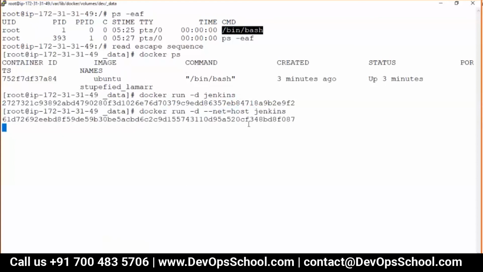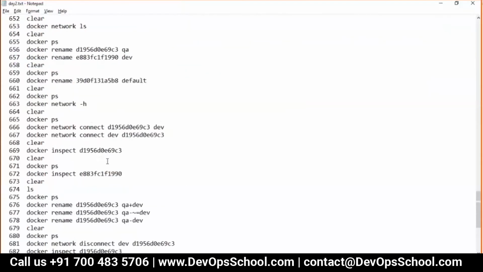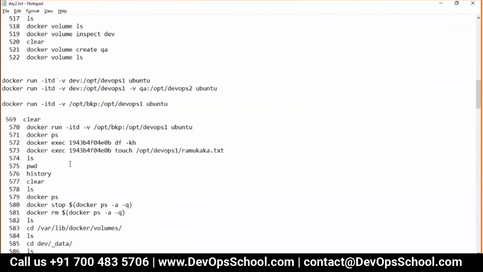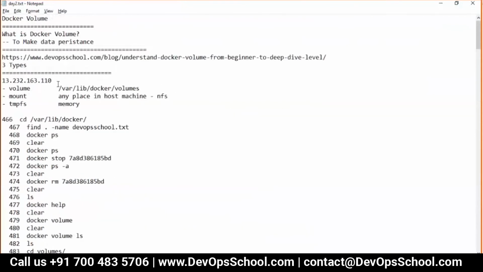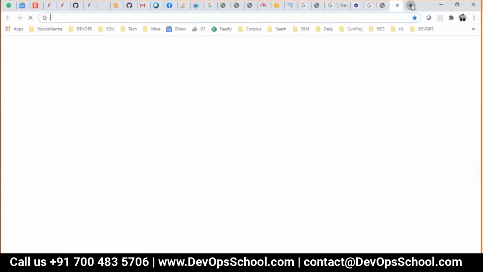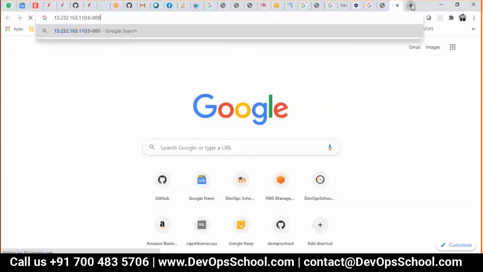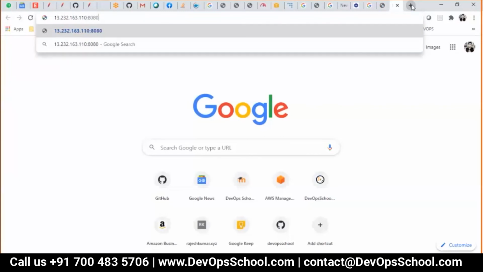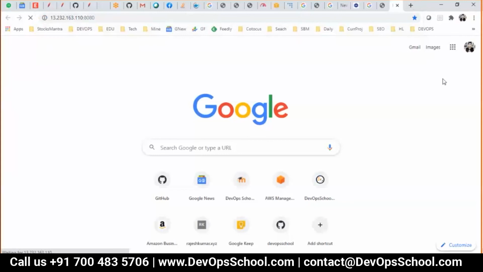Now I can hit the IP address of the host machine and 8080. I did not do hyphen p. Remember, I did not do p. So you can go here to 8080, and it should come.